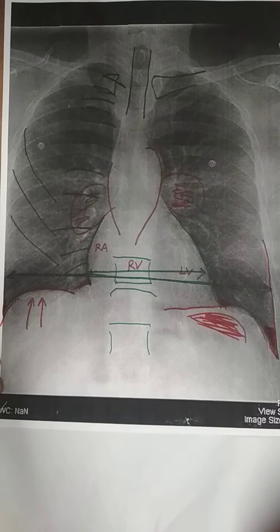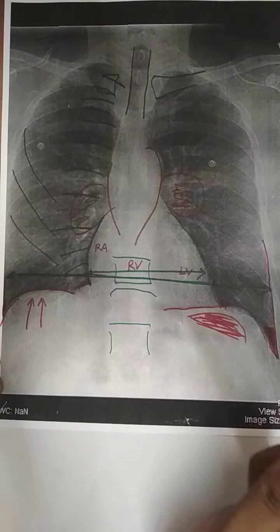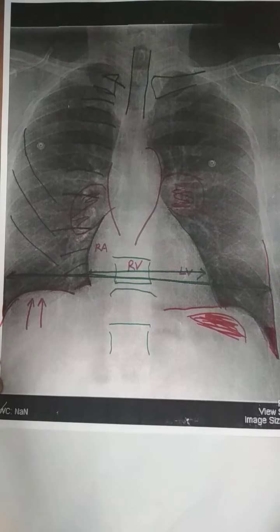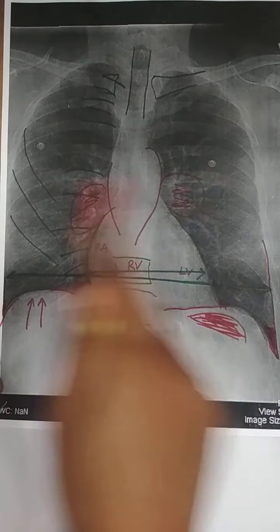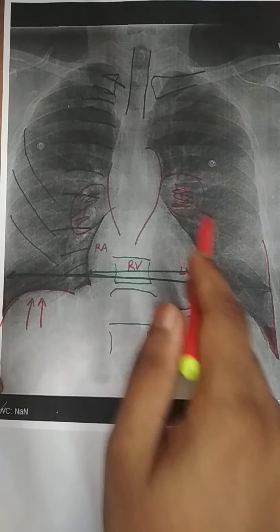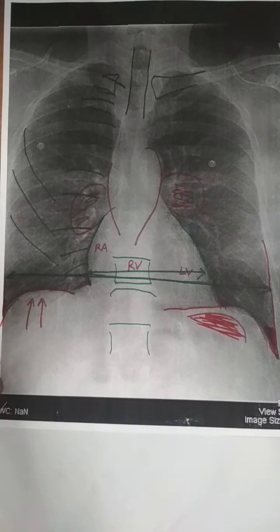Okay. Then lastly, F. F stands for the lung field. You should examine both the lung fields. In the chest X-ray, even though it is a chest X-ray, we examine the lung field last, so that we do not miss other abnormalities. The lung field should be examined, and both the right and left sides should be compared and examined from top to bottom.